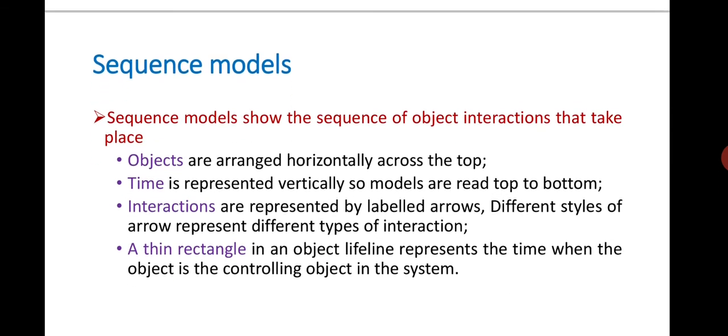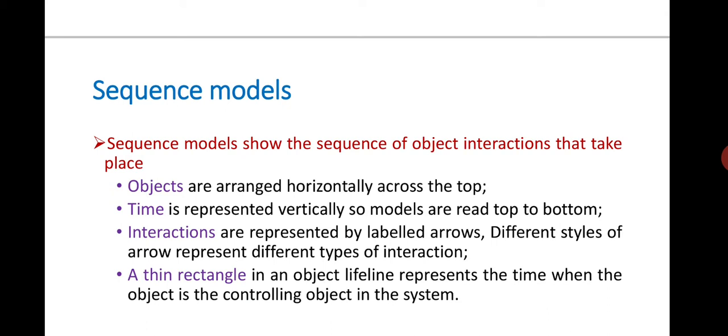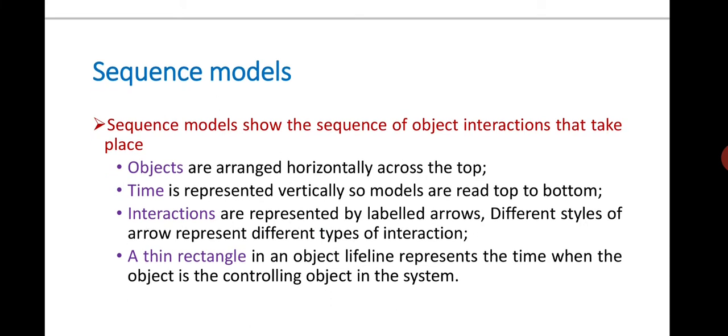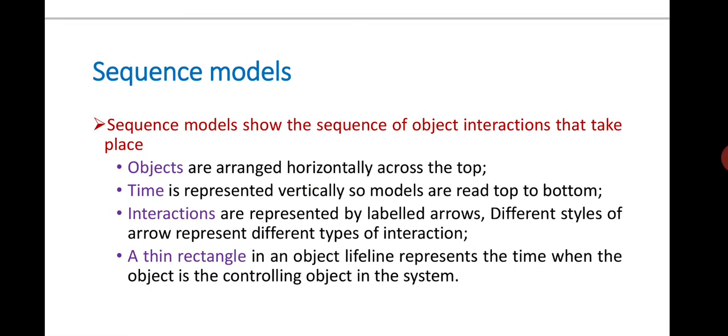Then another example is the sequence model. Sequence model means the sequence diagrams that we can represent. It's a very popular and most useful design model, which is necessary for better understanding, especially as far as any system development is concerned. Most of our systems are normally described with the help of these kinds of sequence models. Basically, the sequence model is a dynamic type of design model. So here we are going to exhibit a sequence of object interactions, is it clear?